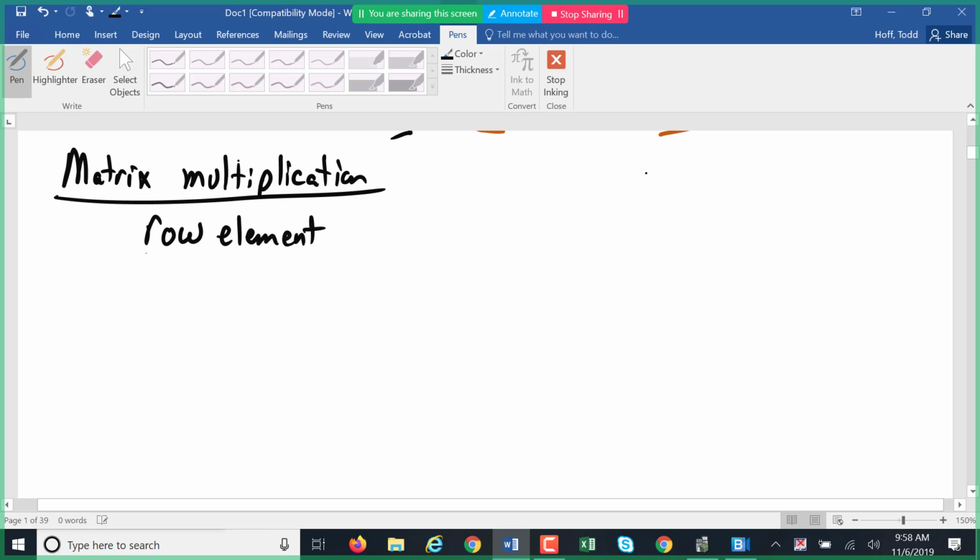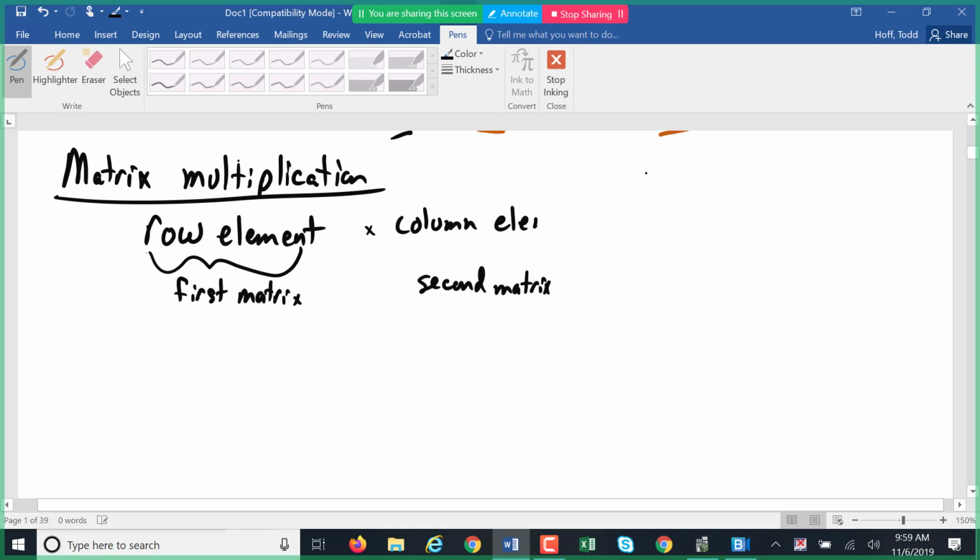From the first matrix, we take the row elements, times, from the second matrix, we take the column elements. What does this mean? Well, it means